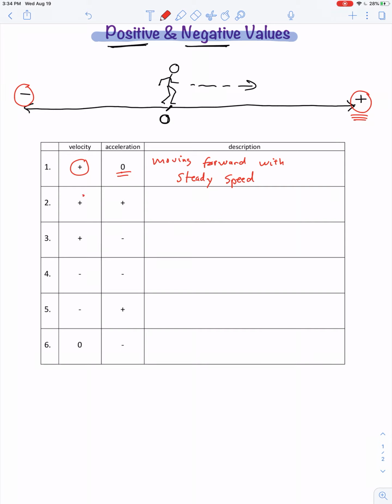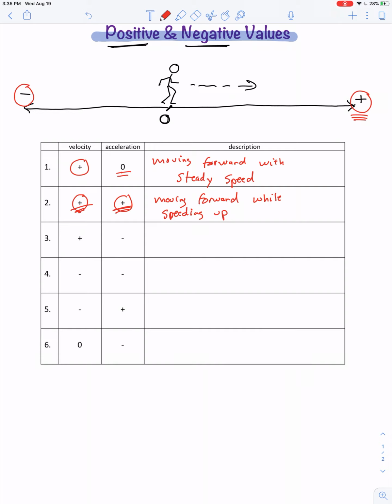Now, can you have a positive velocity and also a positive acceleration at the same time? So again, the positive velocity means moving forward. And the positive acceleration means moving forward while speeding up. Now, here's the thing. I didn't take that just at face value that positive always means speeding up. I'm thinking of it like this, and I'm getting a bit ahead of myself because we're really supposed to be